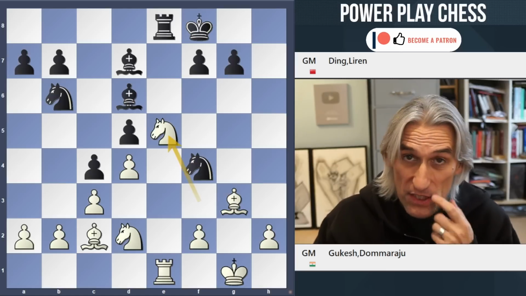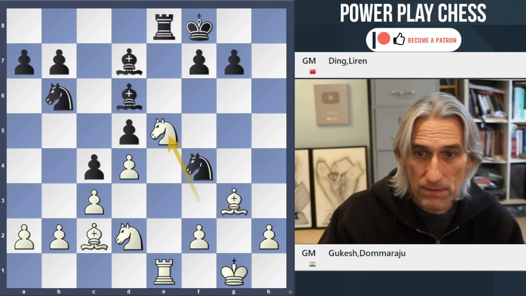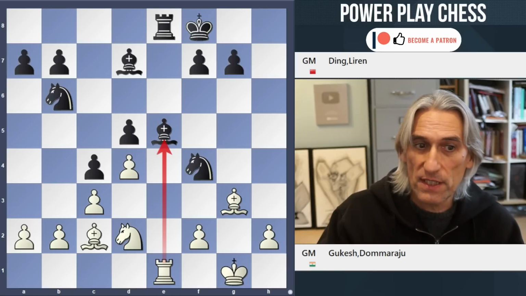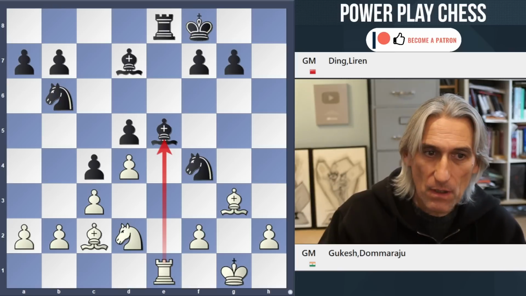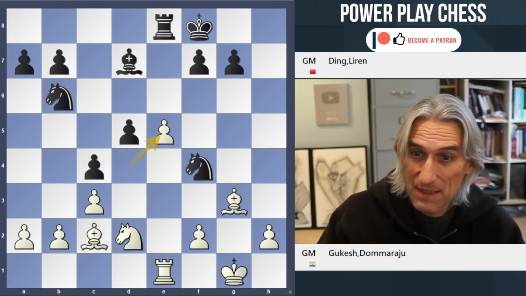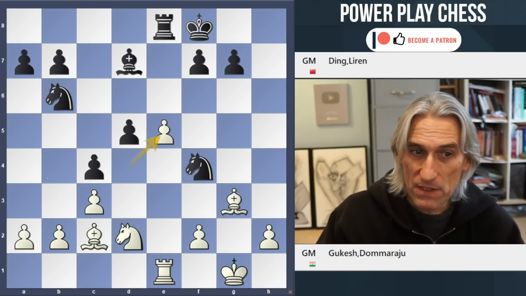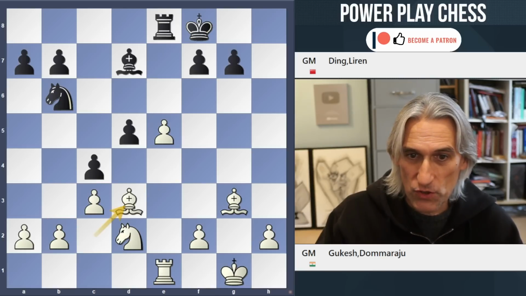But Gukesh played knight e5. And actually, that's a little bit risky. He should have played rook takes. And again, black is a little bit better there, but white should be all right. But pawn takes is really pushing it, because after knight d3, okay, that hits lots of things. So Gukesh exchanged off.